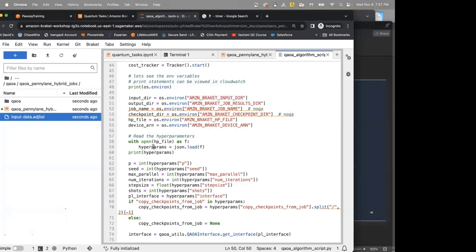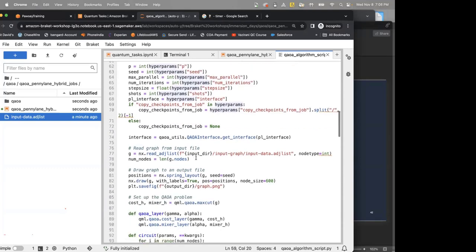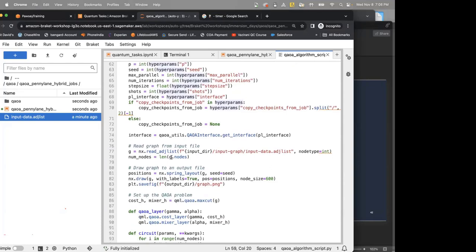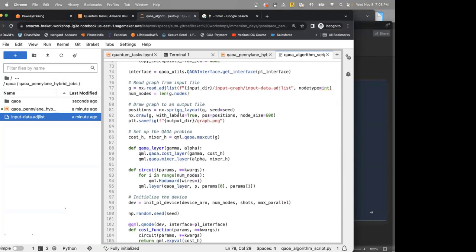Then we load the hyperparameters, and so on. At the end, we are reading the input adjacency file that we have just created, finding out how many nodes there are in total, and reading the graph, what the graph looks like.